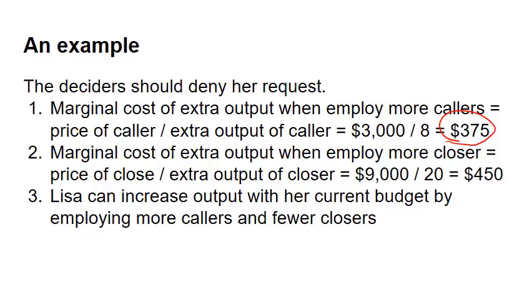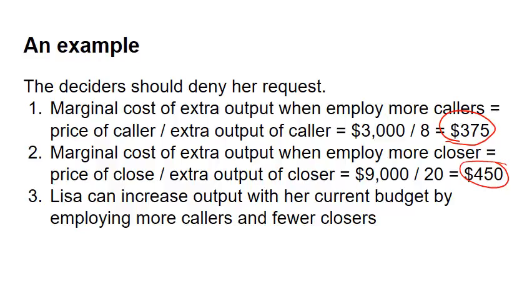The marginal cost of extra output when she employs more closers is the price of a closer divided by the extra output of a closer. 9,000 divided by 20 is $450. Since those 2 ratios are not equal to each other, Lisa can reduce total cost by reallocating employment. Since the marginal cost associated with closers is higher,